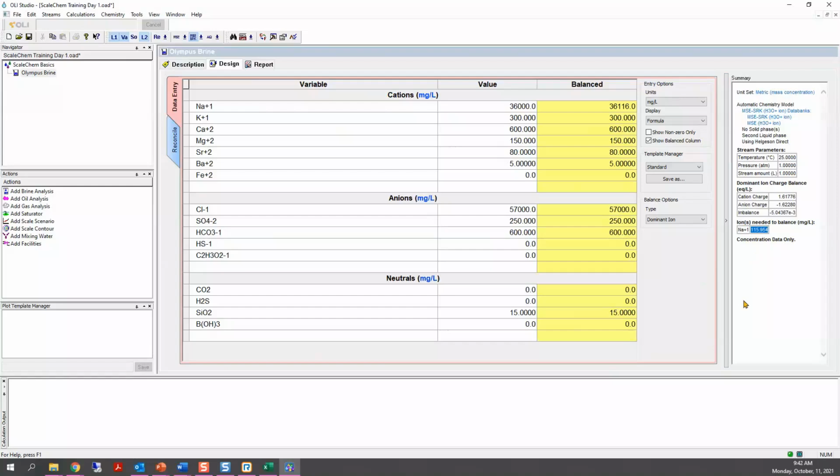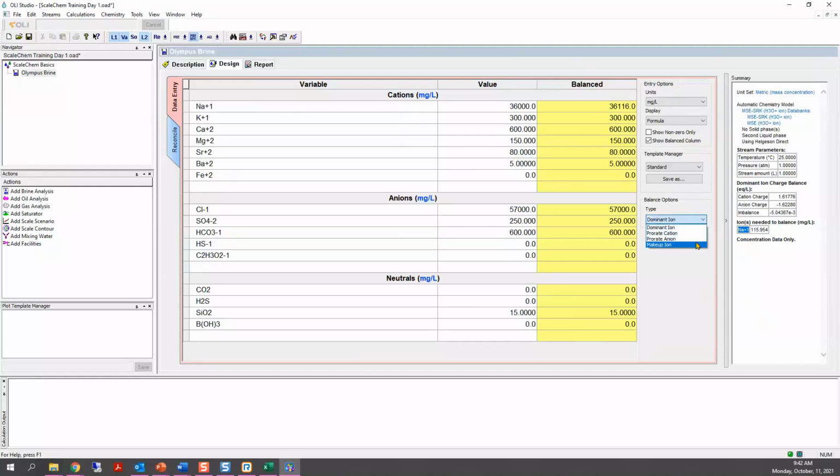Now, why is the software selecting sodium ion as the ion to complete the electroneutrality of the solution? It's because for the balance option, we have selected the dominant ion type balance option. If you click on the drop-down arrow here, you'll see that there are different ways of balancing the charges of this water.